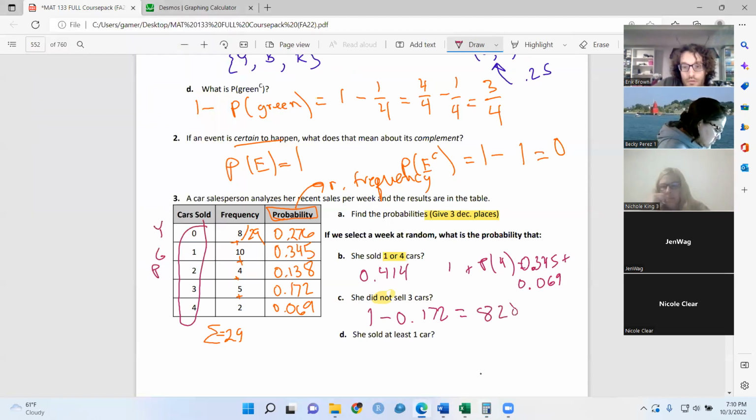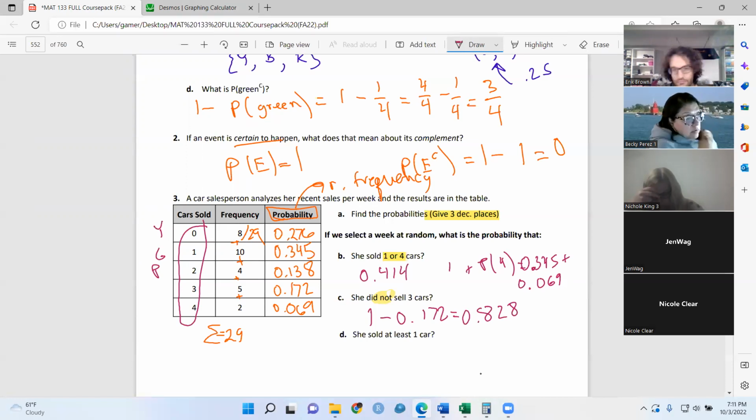So we put in 1 first. And take that from 0.172. Yes, because the order you subtract things is super important. The order you add things doesn't matter at all. If you flip that order and you did 0.172 minus 1, you'd be claiming that there's a negative 100% probability of something happening. Okay. So it's 1 minus